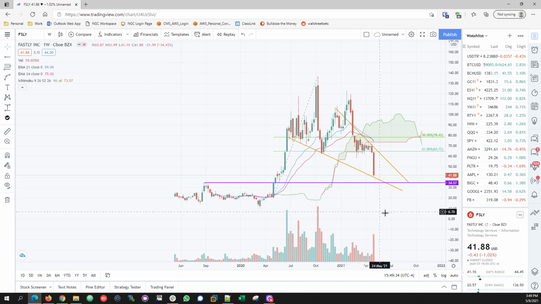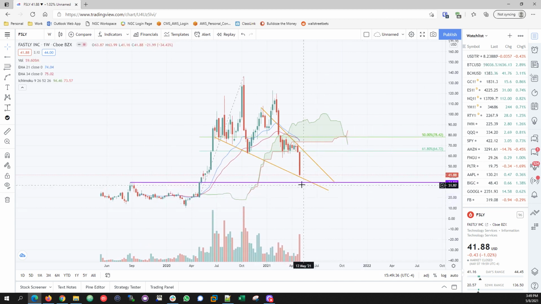So this is a stock where right now, I would say it has more potential of upside. The risk to reward is that you pick up from 41, you could put a stop loss at 34, maybe even tighter stop loss. I don't know. But if you want to risk it, I would say that the bounce from 30 or getting in from 34 would be a much better idea. If you want to get in now, just know that there's a possibility of going for 34, 35. Upside, I'd say play this trend right here.